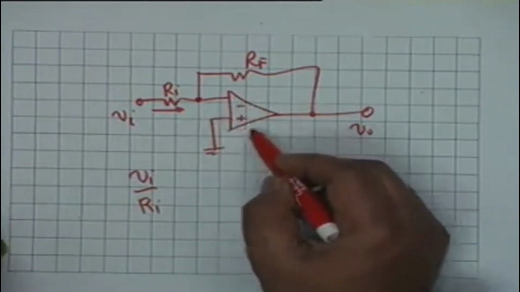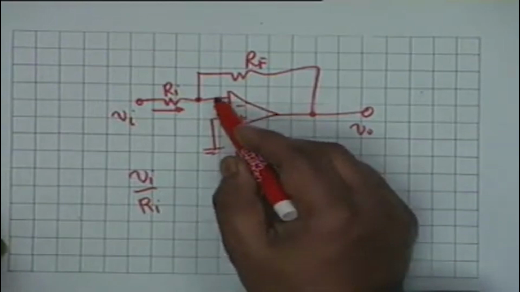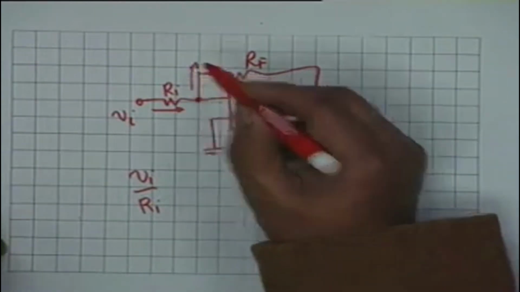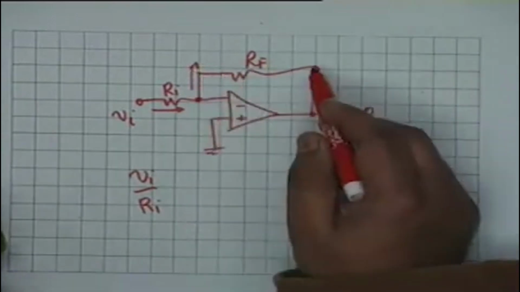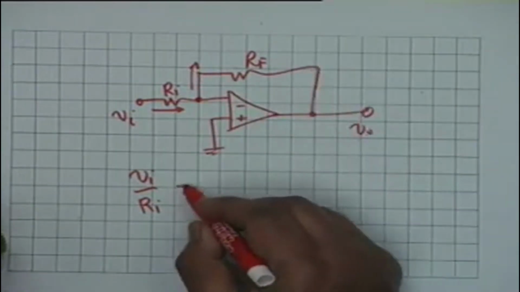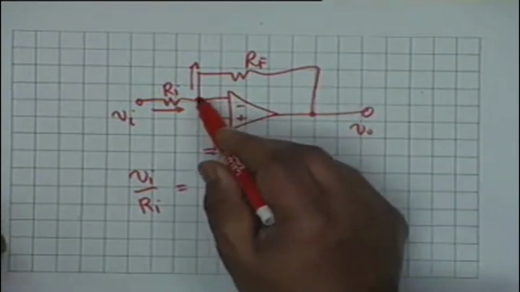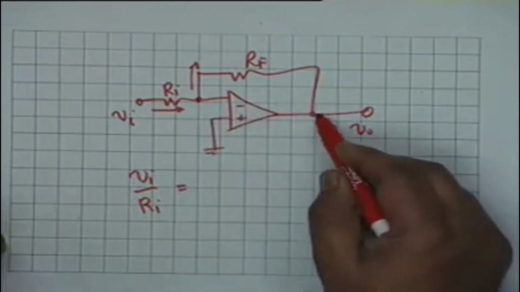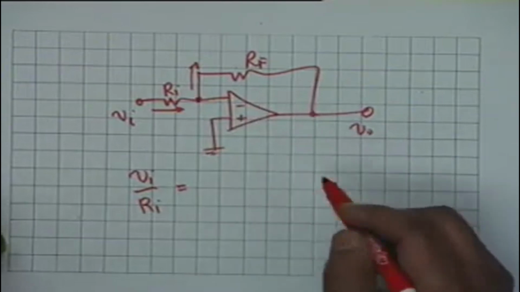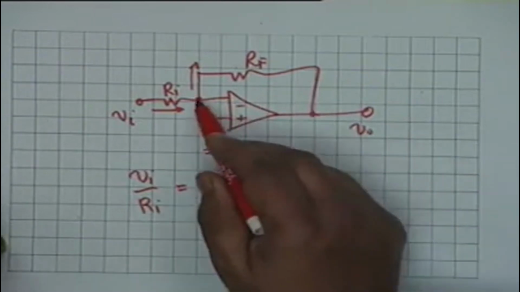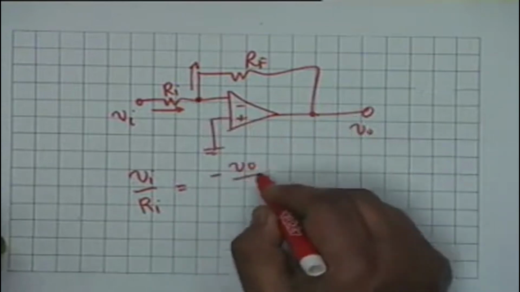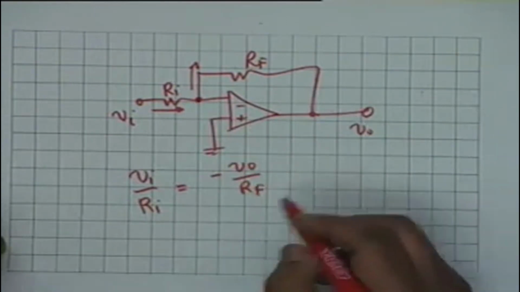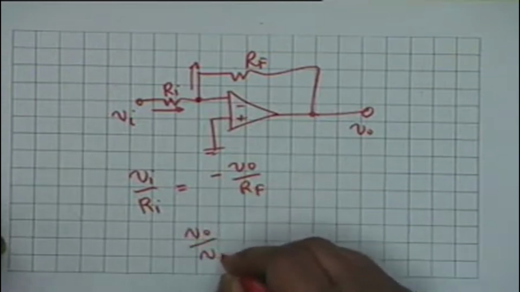Now, the amplifier is ideal, so it does not take any current. So, this current must flow like this. This current has no other way, by KCL it must flow like this, and therefore, this current shall be equal to the potential difference between this point and this point is minus V naught, because this is 0 potential and this is V naught. So, it is minus V naught divided by Rf,